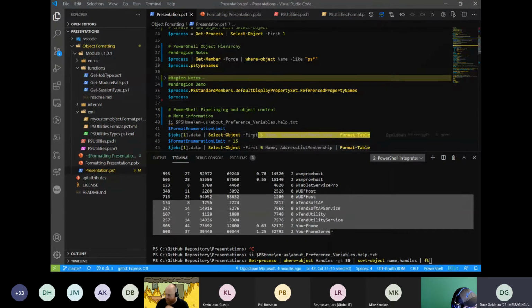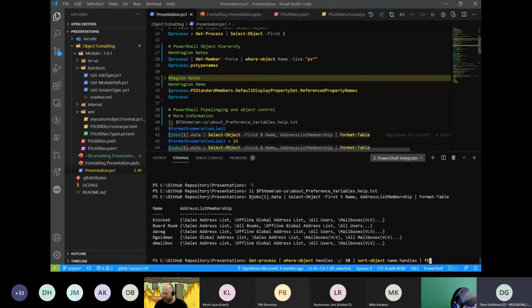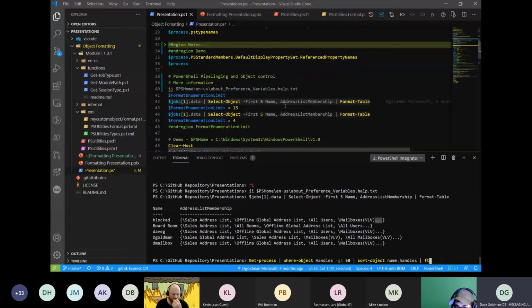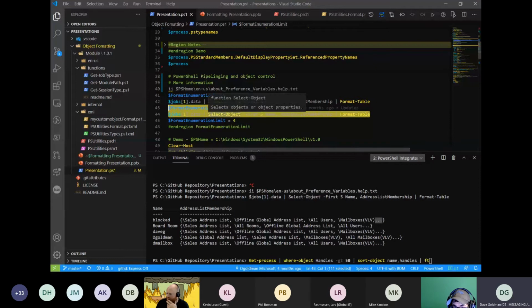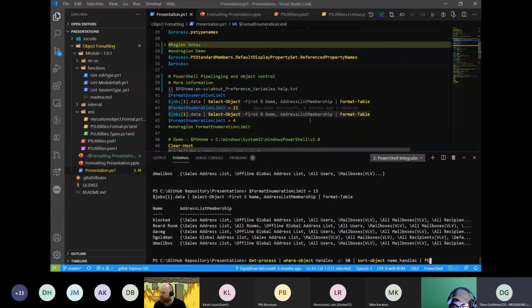So what that looks like is, earlier when I started my lab, I ran a couple of commands. For example, here in my lab, I pulled back an object per job. This is for mailboxes. But you'll notice if you look at the address list membership, it has these 3 dots, which is basically telling me that there's more information there. This is just another way for you to control collection sizes depending on how much data is coming back, so you can cut down. Here, I'm going to just change it to 15 and run the same command, and you'll notice now I have a lot more information.